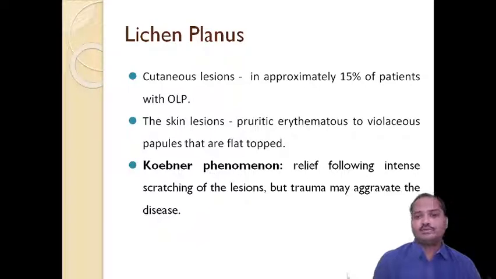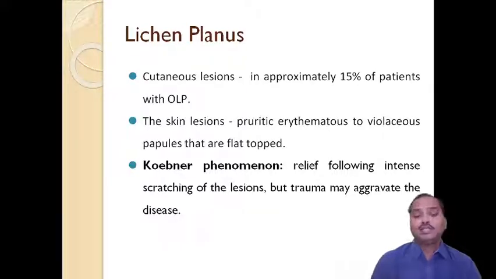So how do we know the skin lesions of lichen planus? They are pruritic, erythematous to violaceous, meaning violet in color. Papules, they are slightly raised lesions, 2 to 3 millimeters to 5 millimeters in diameter, and are flat topped. They are not pointed. They are papules which are flat topped, meaning pressed on the surface, but pruritic lesions are